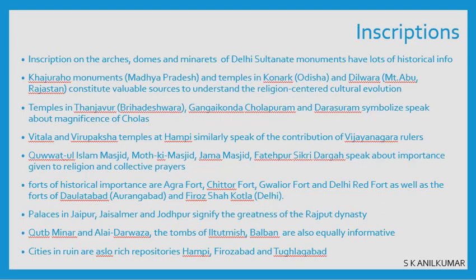Then you have the temples of the south, the Tanjavur Brihadeshwara temple, the Gangakonda Cholapuram temple, the Dharasuram temple, or look at the Madurai temple where you will find the square form of settlement, and they will find that it is expanding as Gopurams and Mandapams on all sides as the cities start growing. Then you have the Vitala temple, Virupaksha temple, and the Hampi. It talks about the Vijayanagara rulers. So we can learn about the Chola rulers or the Pandya kings or the Vijayanagara rulers from these temples, from these inscriptions, from these mosques.